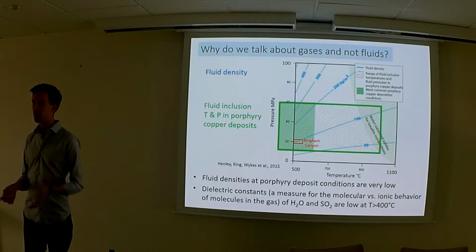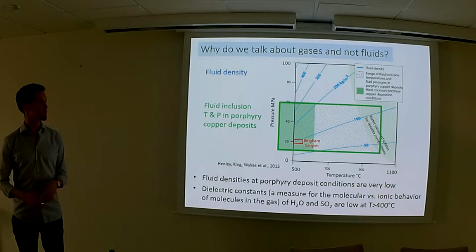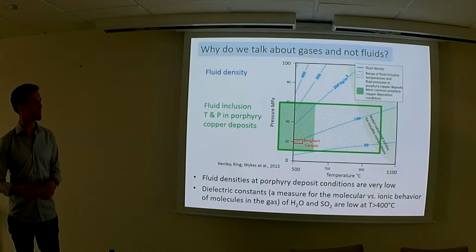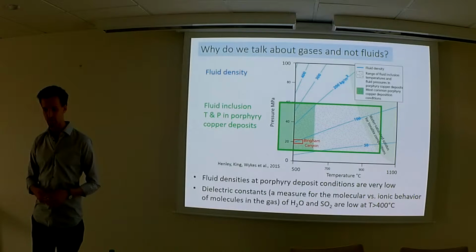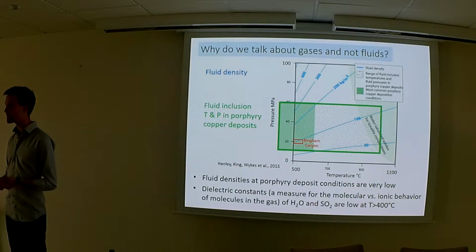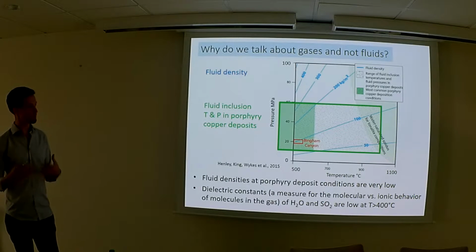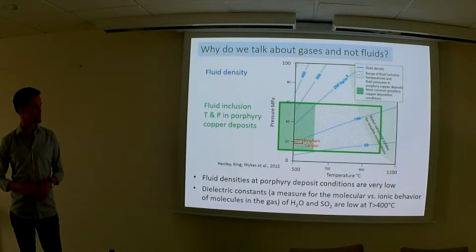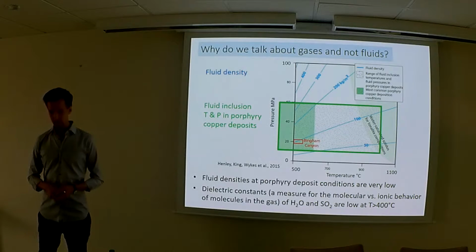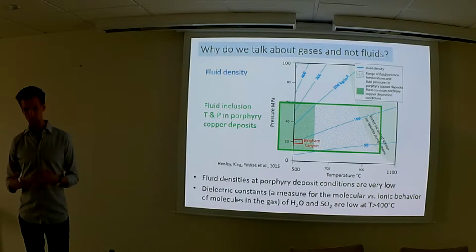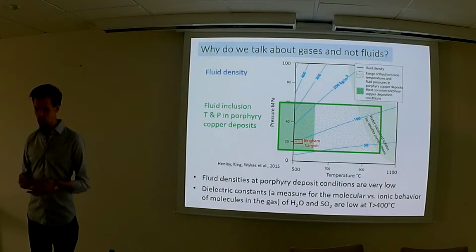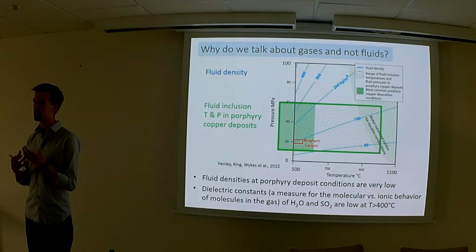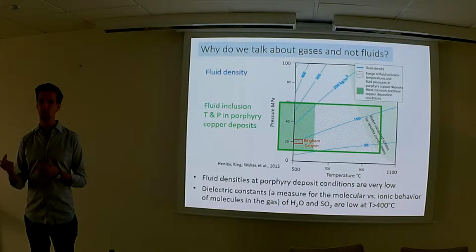The fluid has a very low density of roughly a tenth of liquid water at the surface. That's one of the properties which is why we talk about gases or low density fluids. Second one is a property called the dielectric constant. The dielectric constant is also called the relative permittivity, and it's a property that describes how a molecule behaves,